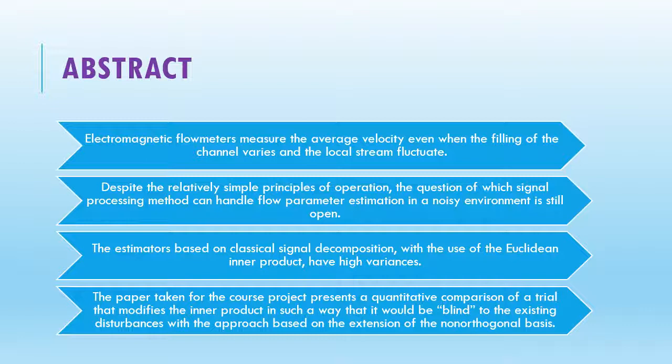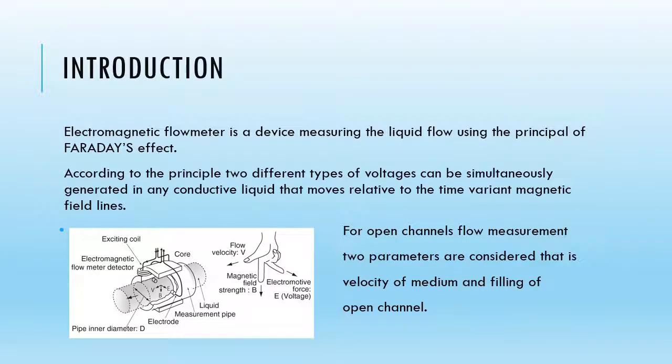The paper taken for the course project presents a quantitative comparison of a trial that modifies the inner product in such a way that it would be blind to the existing disturbances with the approach based on the extension of the non-orthogonal basis. Starting from the introduction, electromagnetic flow meters measure the average velocity even when the filling of the